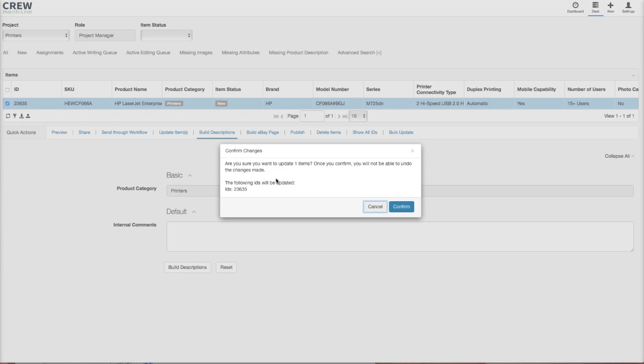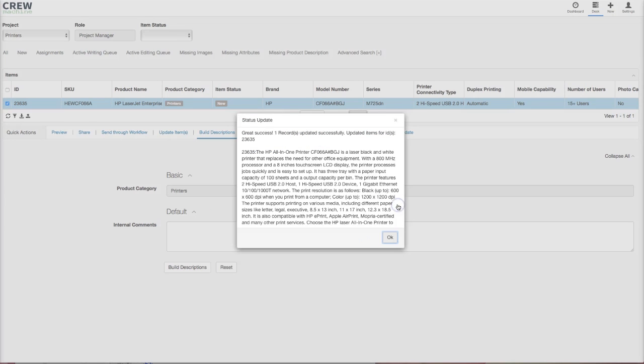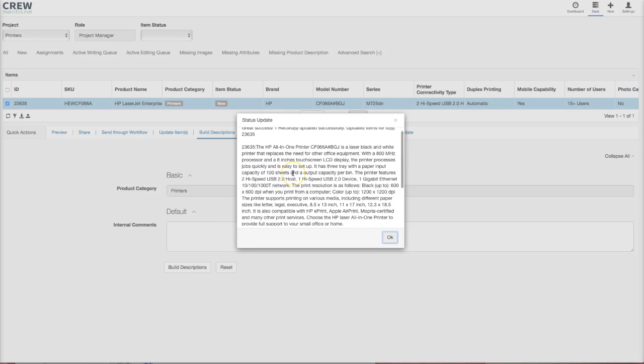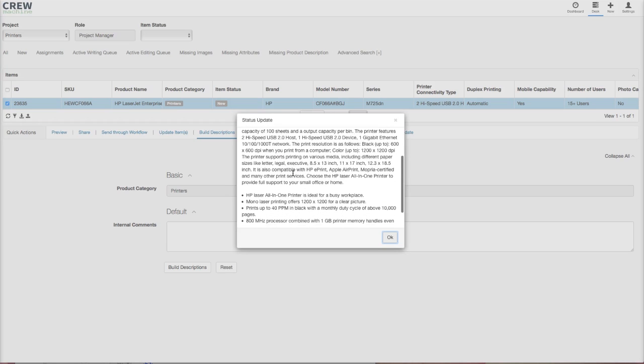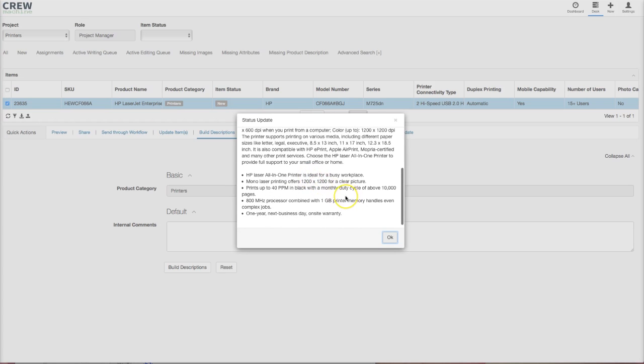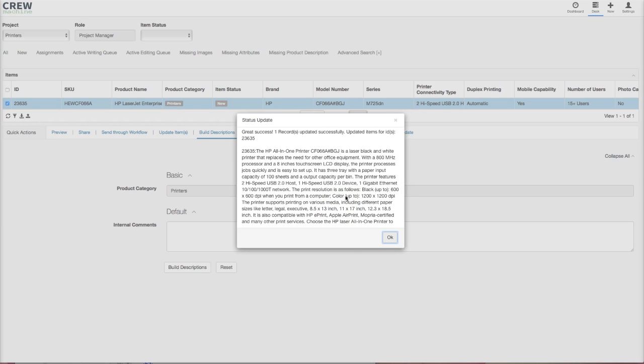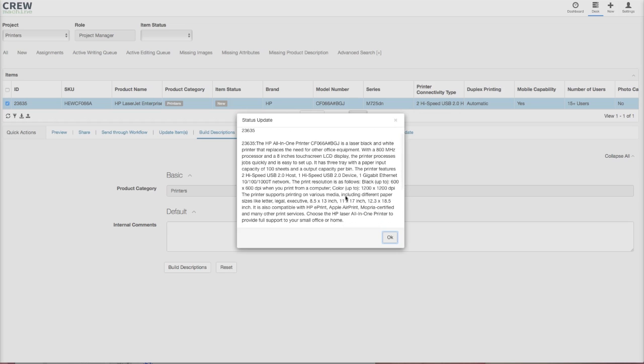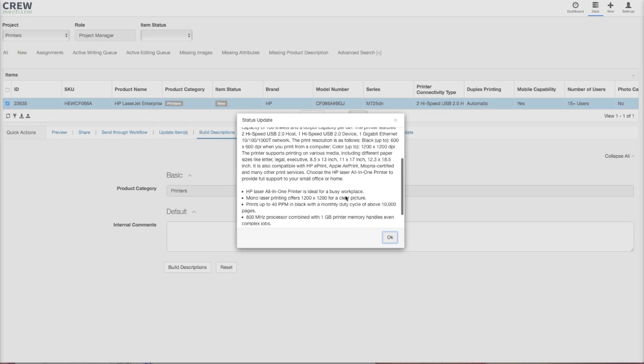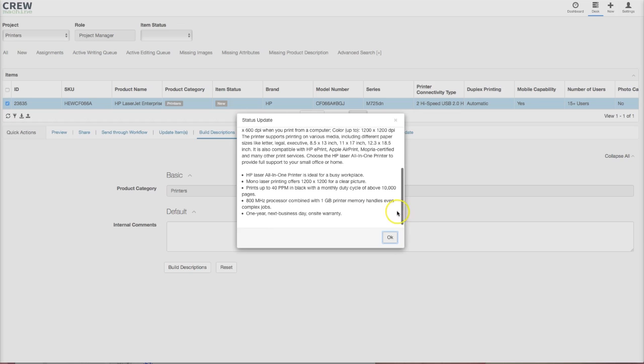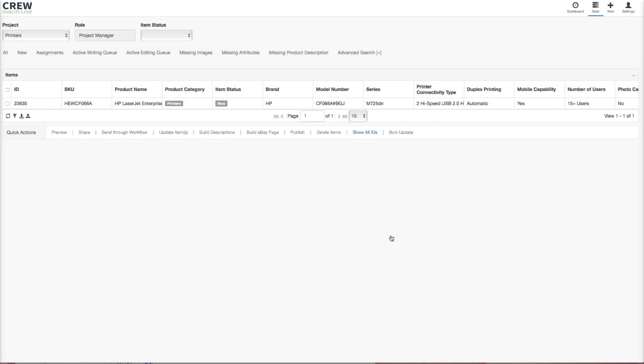Now, when you do this, it does overwrite some information that is in the item's profile. So you want to make sure that you really want to do this. The system asks you to confirm. And then what it does is provides you with a preview of what the new copy looks like. So you can skim through it, and you'll notice that it is very human-friendly, it's rich in data, it's useful, and it doesn't read all that badly for being written by a machine. So you click OK, and then you can come in here,